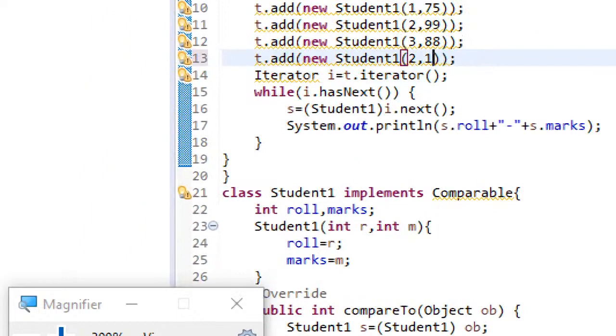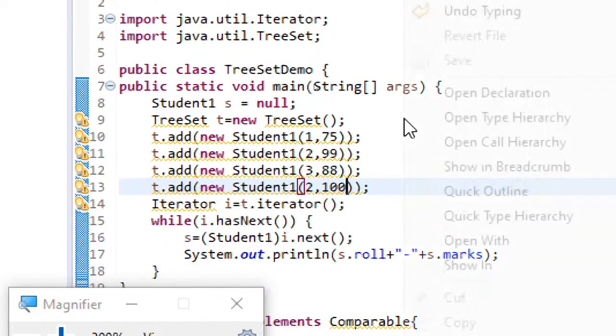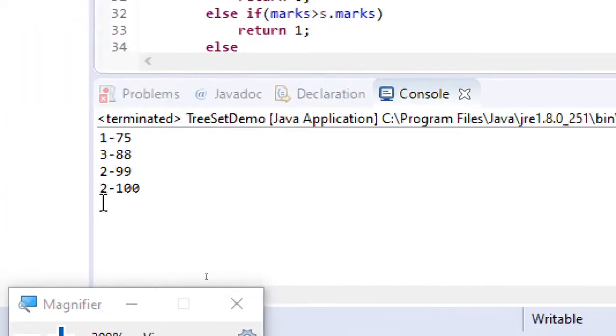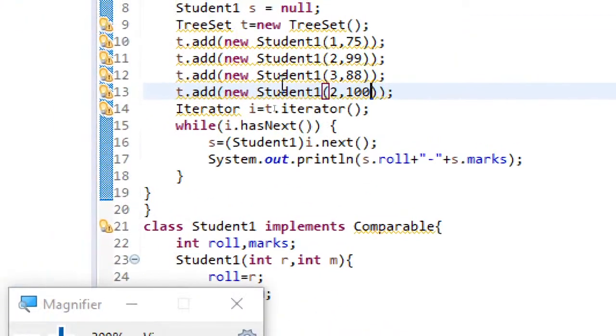Suppose if I just override the marks with 100. So you can see here it's a record. If you consider individual elements, you can get to see the difference. Right now it's a record, and I hope you have observed the difference.